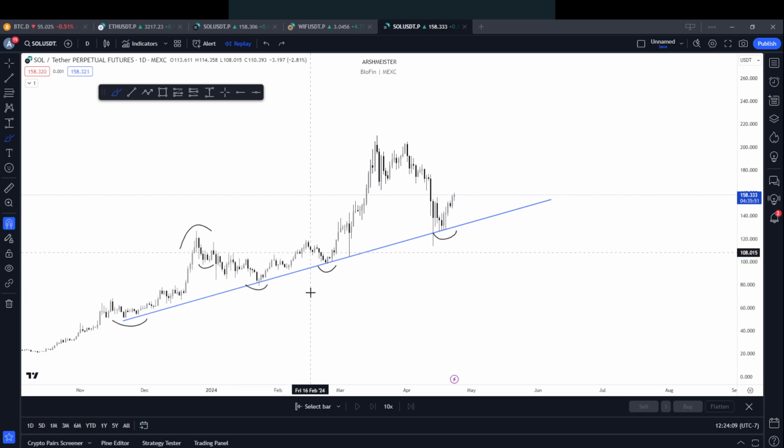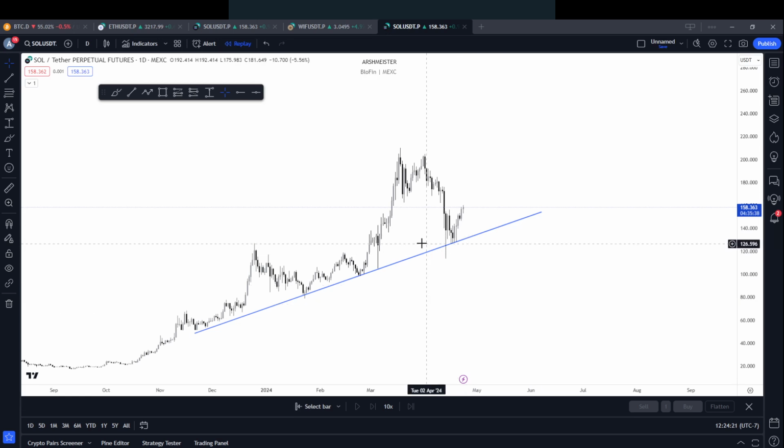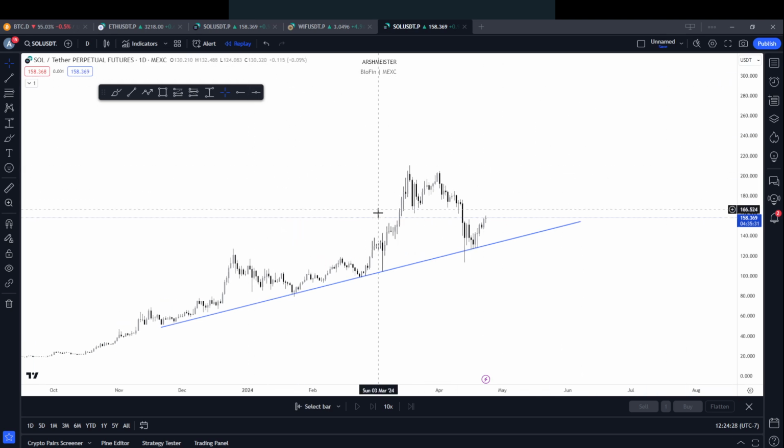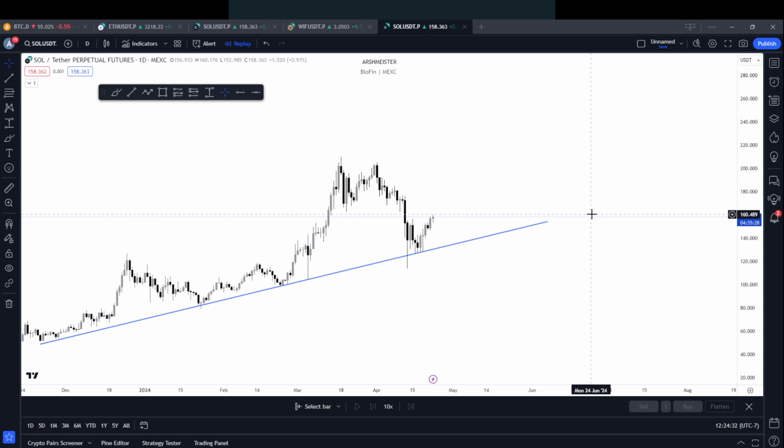So you can have multiple impulses within a larger time frame of higher highs and higher lows. But this put in another higher low right here. Trend is still intact. We swept all this liquidity and it looks like we're going higher. Now, two key areas of SOL are going to be very troubling to get through the first time. And that is the